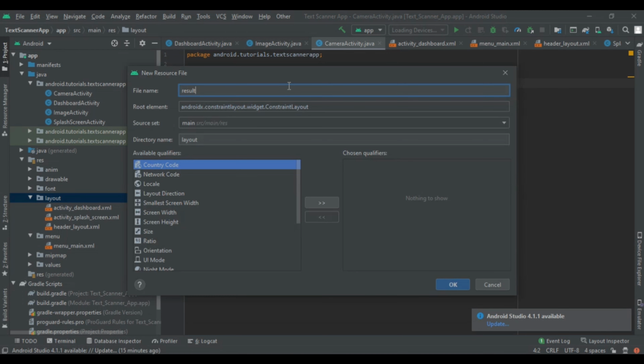Now click on the Java classes that you recently created and extend them with AppCompatActivity, and you will find the onCreate method. So implement that onCreate method, and then setContentView, and pass our layout. So our layout is result_activity.